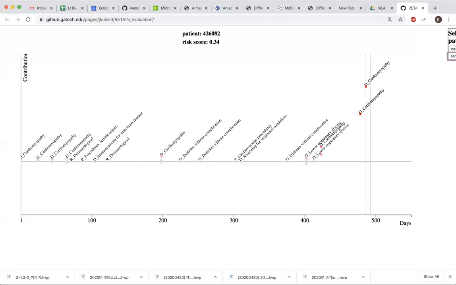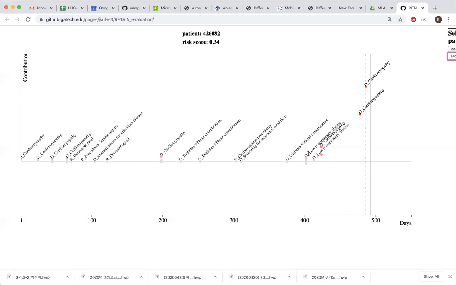And the interesting thing is I've never explicitly trained or guided the model or regularized the model to focus on the heart-related codes. I've never done that. It's just that the model picked up the signals and understood that in order to correctly predict heart failure, I need to focus on the heart-related symptoms. So that was interesting. Another thing is, if you look at these codes like